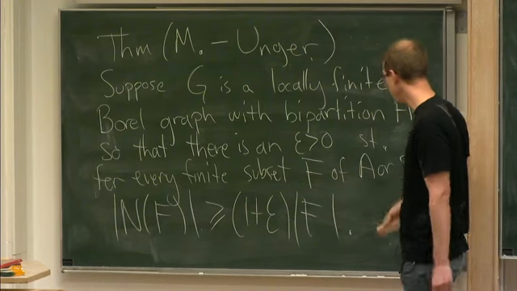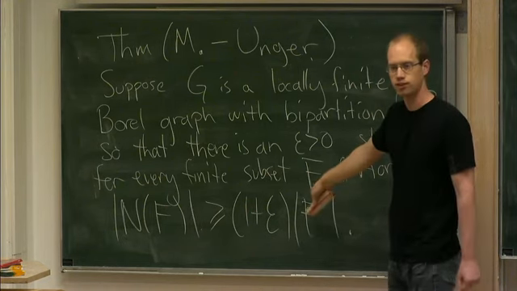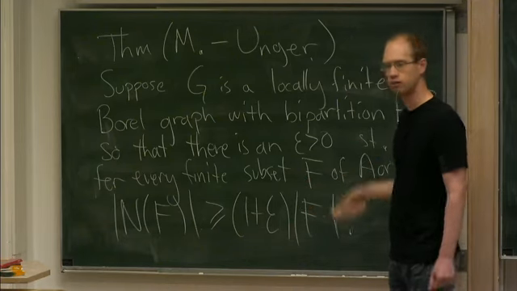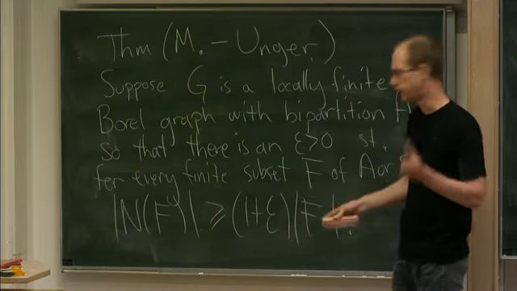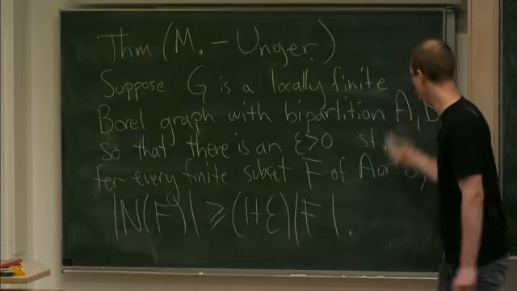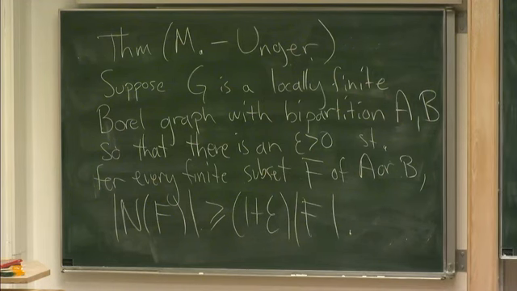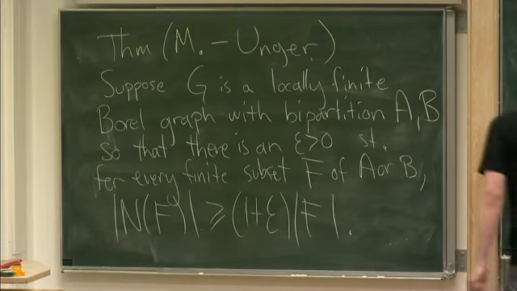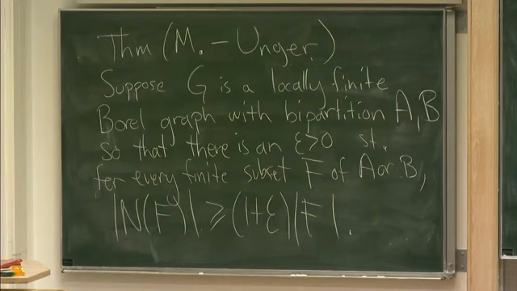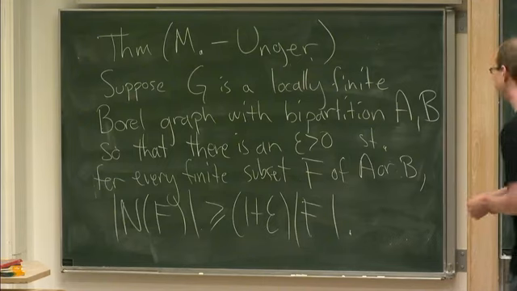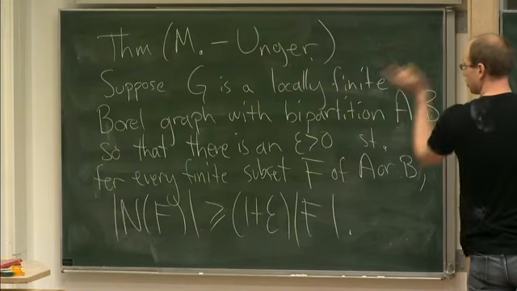This condition is really about finite sets that are all consisting of points of even distance from each other. So you can define this locally without actually referring globally to some bipartition A and B. Yeah, actually, I always forget why do you split it into A or B like that? It's because later on you have a technical condition where it has to split into A and B. Yeah. All right, so let's finish the theorem.